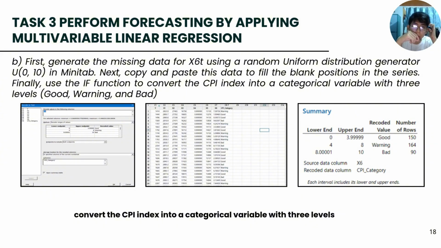Next, we convert the numbers into text and record them in the CPI category column following the rules that lower than 4 is good, 4 to 8 is warning, and larger than 8 and lower than or equal to 10 is bad. And we see that we receive 150 values of good, 164 values of warning, and